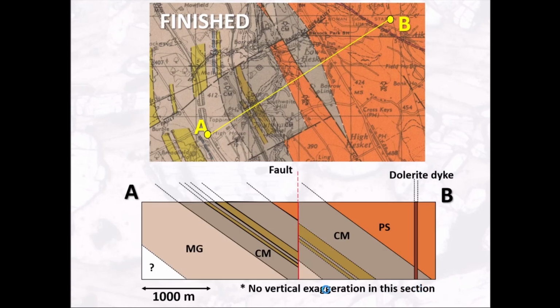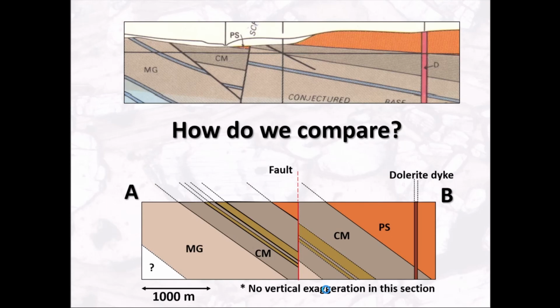So at this point we've finished our cross section. We've got our rocks at surface, we've tried to show where the contacts are, where we're sure, where we're more interpretive, and we've tried to give a key and a scale so that people can understand it and relate it back to the map. Now if we were to compare this cross section that we've just made on PowerPoint together to the one that's supplied with the map, you can see that we're pretty good in terms of similarity. We've got this vertical dyke,